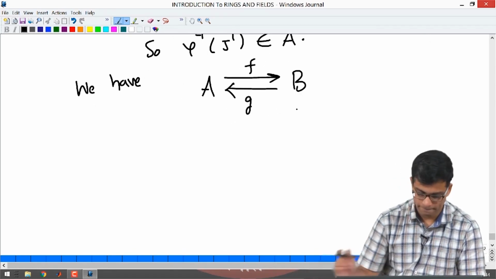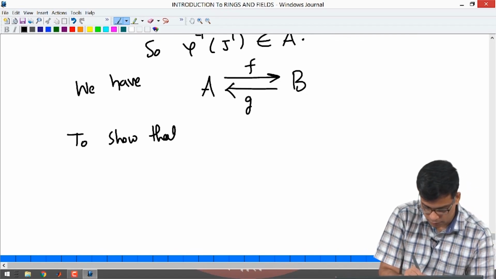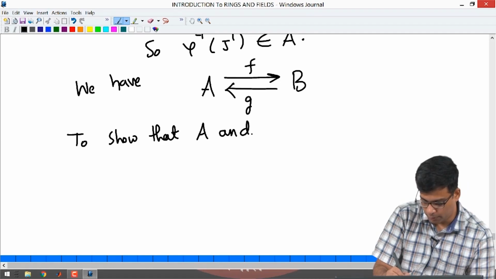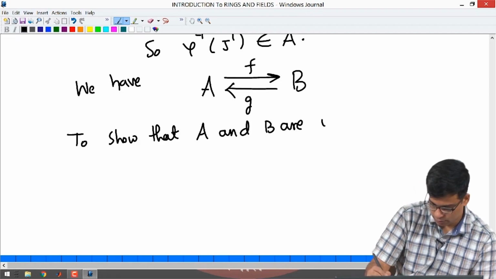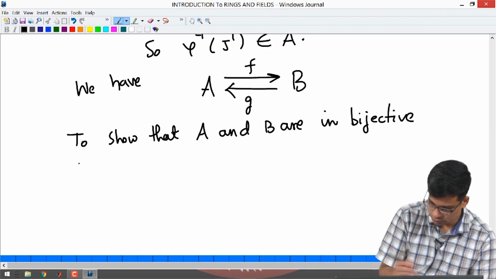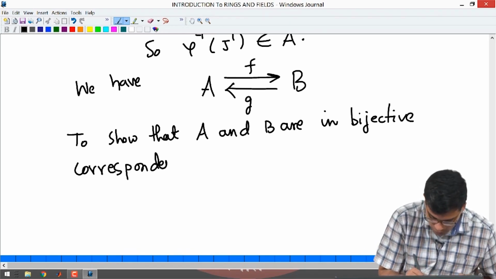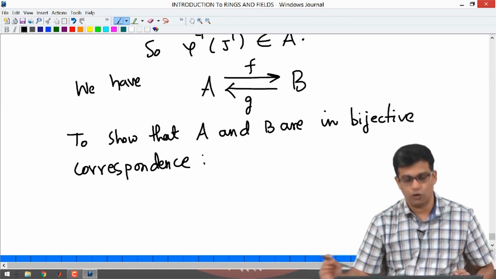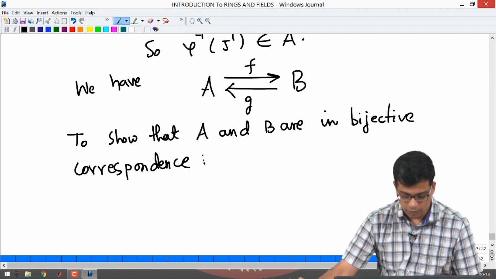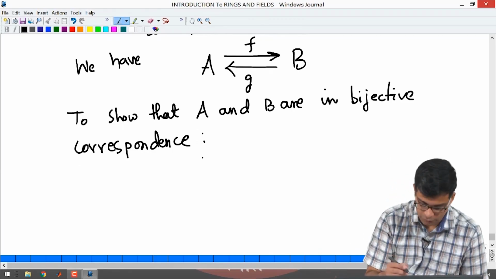To show that A and B are in bijective correspondence, it is of course not enough to produce two functions. We need to show